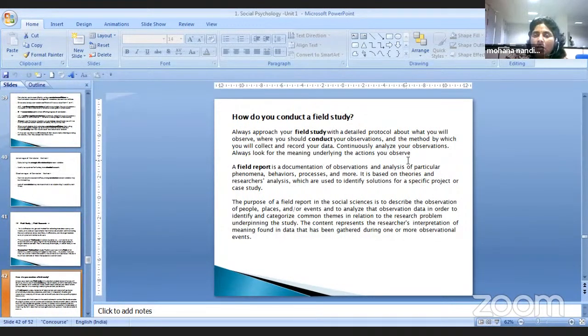What kind of observation are you doing? Where are you studying? Are you recording through video or audio, or are you recording in a sheet? These things we consider. The field report is a documentation of observation and analysis of a particular phenomenon, behaviors, processes, and more. It is based on theories and researchers' analysis, which are used to identify solutions for a specific project